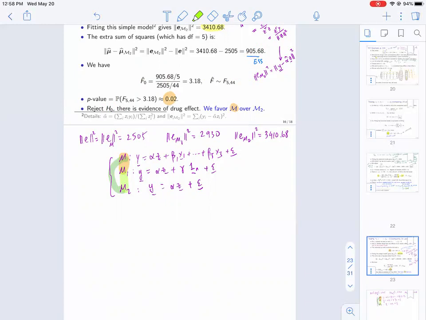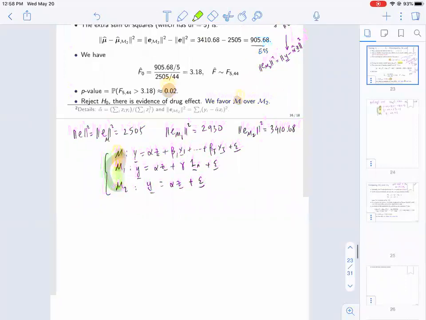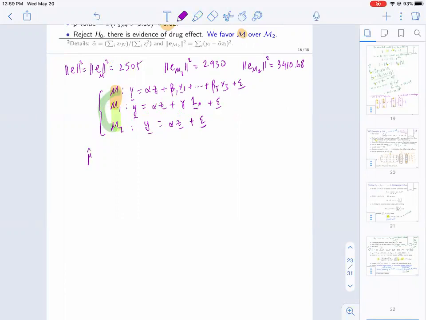Also, we can use the image of, for example, M and M1 for the statistic for the null test. For example, mu hat minus mu hat M is 0. Sorry, can you say that again? If we want to compare M and M1, I use mu hat M minus mu hat M1 is 0. Right, okay, so, sorry. Mu hat M1 minus mu hat M2 is 0. Is that what you? Yeah. Why is that? If we look at these three models, just the difference is the image of X, or